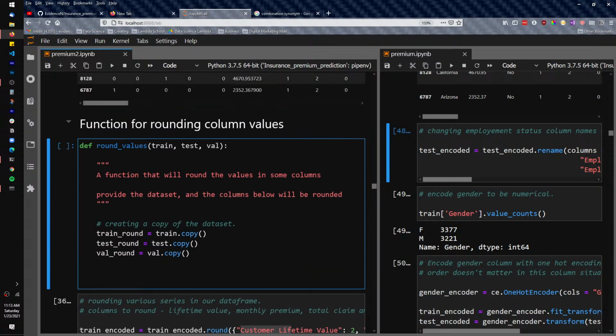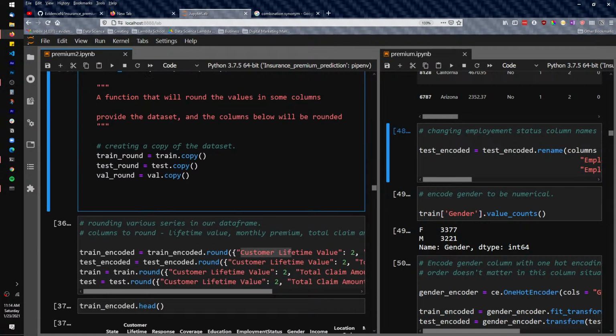Alright, so I have my doc string that gives a little bit of preview about this, and I've gotten a copy of this, and